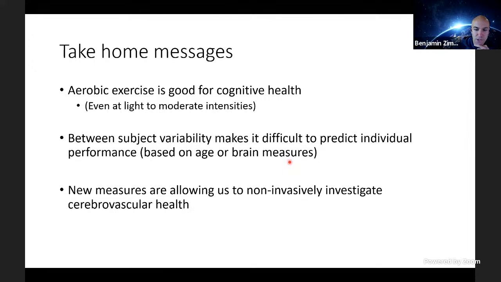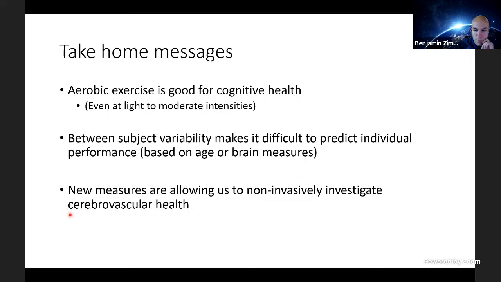So if I knew your age and I saw your brain and I had all this information, I wouldn't be able to do a very good job predicting your cognitive performance on these tests. And these are even on tests that are supposed to assess these more general constructs. And I would completely fail at predicting more specific skills like doing law or programming or something like that.